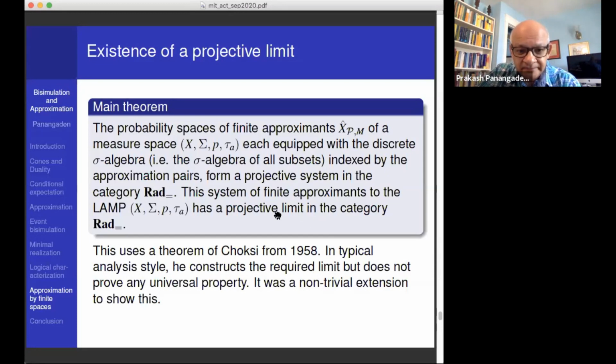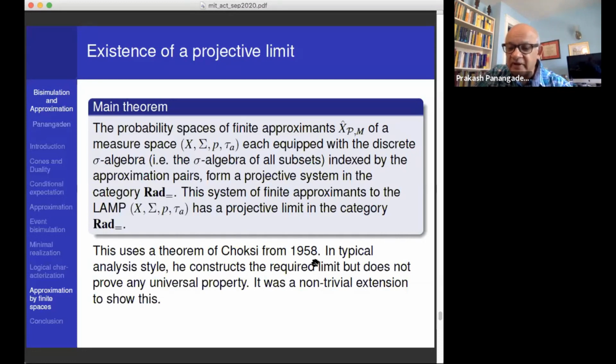And the main theorem is: the probability spaces of finite approximants, each equipped with a discrete sigma algebra indexed by the approximation pairs, forms a projective system in the category Rad equals. This system of finite approximants has a projective limit in this category Rad equals. Now, this theorem, which I'm not going to spell out, has a number of parts, but it uses a theorem